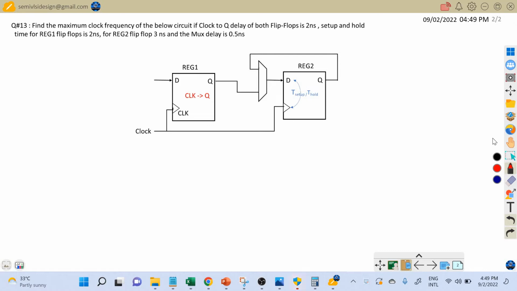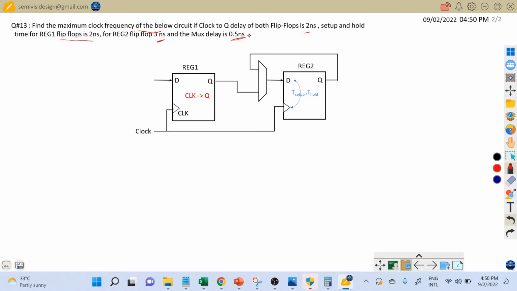Here we are asked to find the maximum clock frequency of the given circuit if the clock-to-Q delay of both flip-flops is 2 nanoseconds. Setup and hold time for flip-flop 1 is 2 nanoseconds and for flip-flop 2 is 3 nanoseconds, and the multiplexer delay is 0.5 nanoseconds. If you see this circuit diagram carefully,